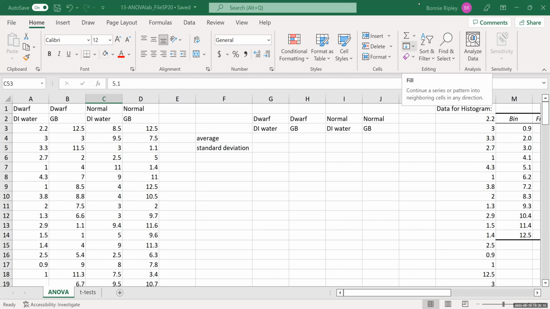Hello, everyone. Today we're going to do an ANOVA analysis in Excel. An ANOVA, or analysis of variance, is going to look for differences between means in more than two groups. So we have a data set here that's some sample data from an experiment that we used to run live